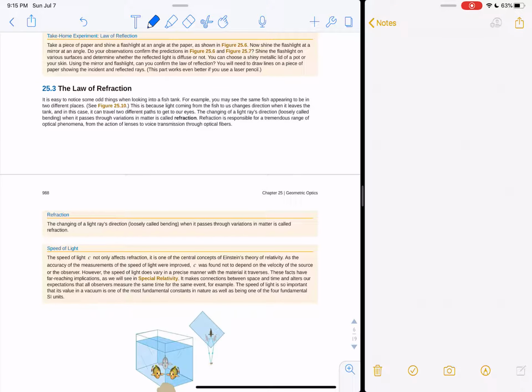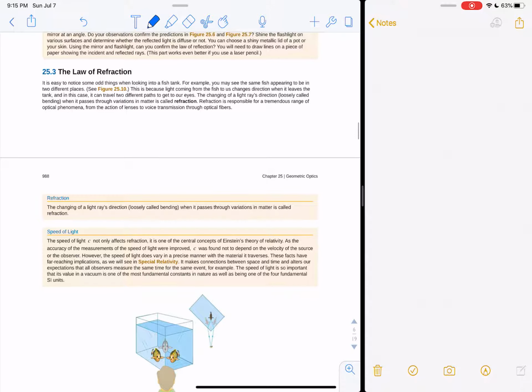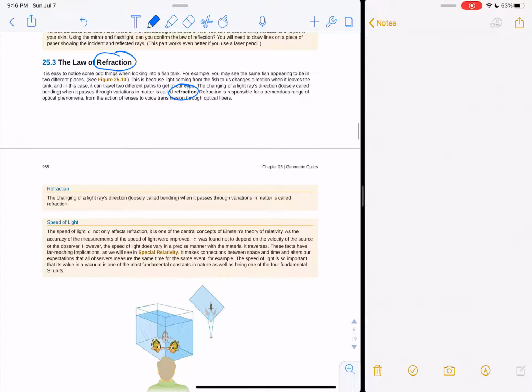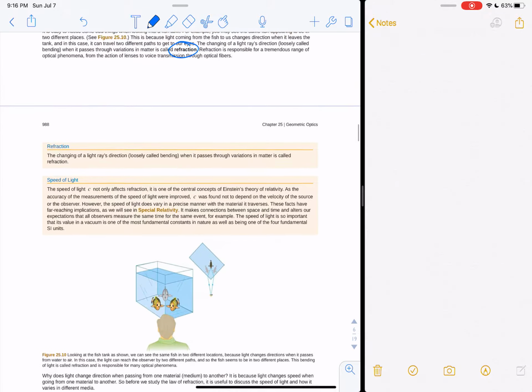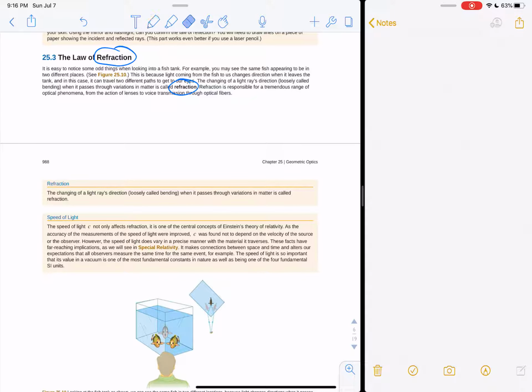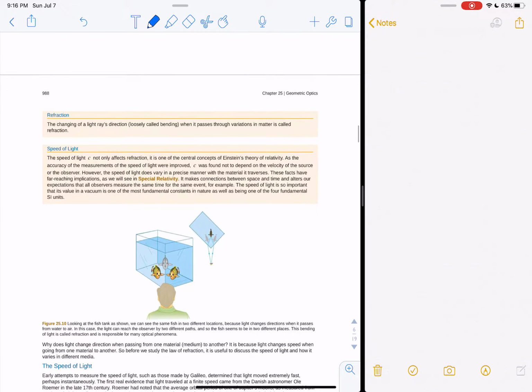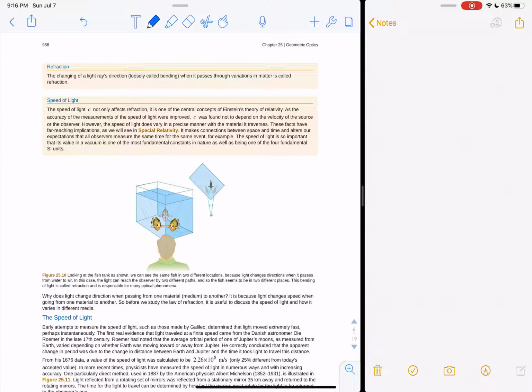The law of refraction says that when light enters a different medium than it's going in, so for example, when a light ray leaves air and enters water, or enters glass, or enters quartz or something like that, light will bend a little bit, and that process of light bending is called refraction. And we're not going to get into too much about why that happens. Suffice it to say, it's very complicated. But simply speaking, using geometrical optics, here's